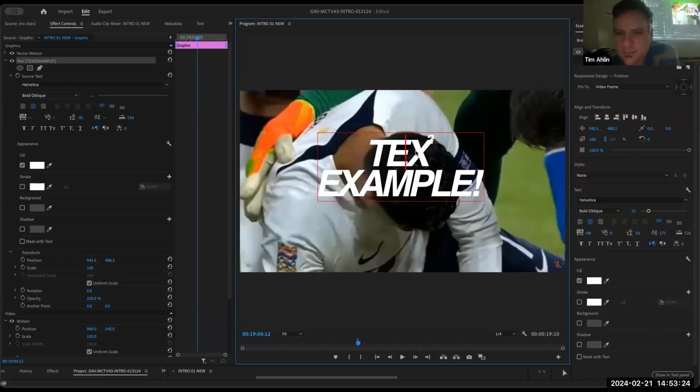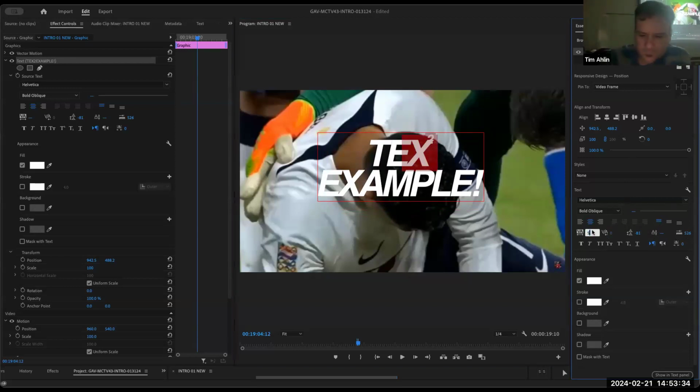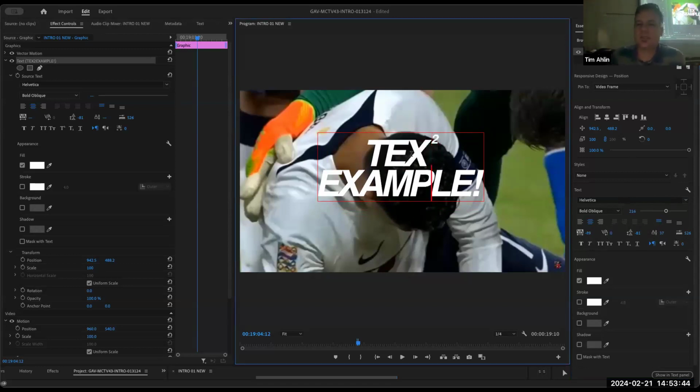Okay, I think I have to select both of these. All right, there we go. So there you go. Now we've got text squared example, text squared example.